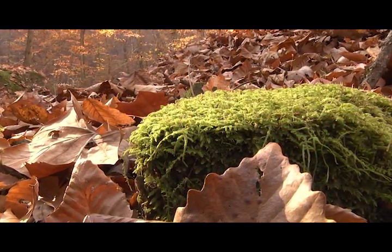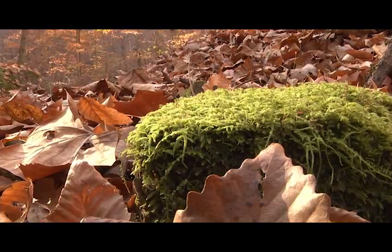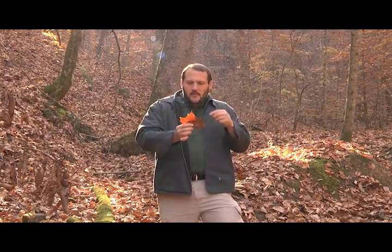Well, one thing that's always fun to do is to think about the cycle of nutrients through an ecosystem. It's tied closely to the cycle of life. And so when you think about it, everything on the surface of the earth, every living organism, ultimately is solar powered, right? Because we know that plants take the sun's light energy and they convert that into chemical energy, and animals eat the plants and some animals eat other animals. Okay, so it all